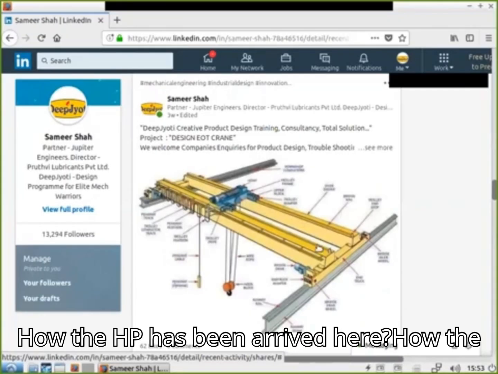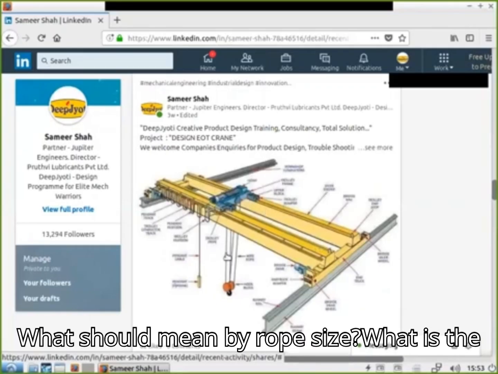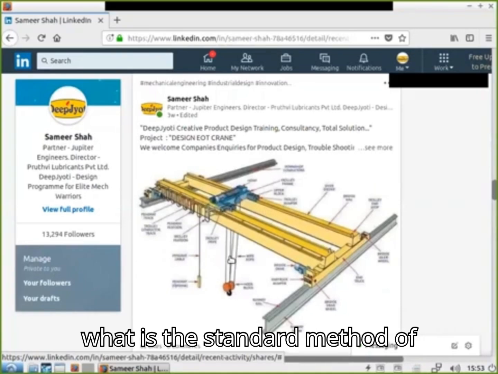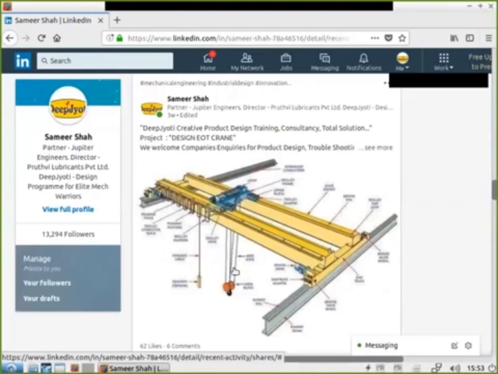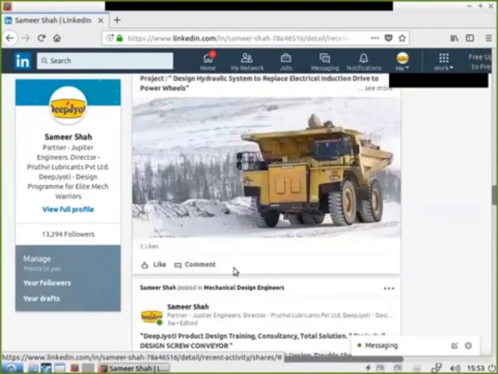How has the HP been arrived at here, in this drum? What will be the rope size? What is the standard method? Not the jugglery method, but what is the standard method of calculating this rope size? So be part of the program, and we assure you